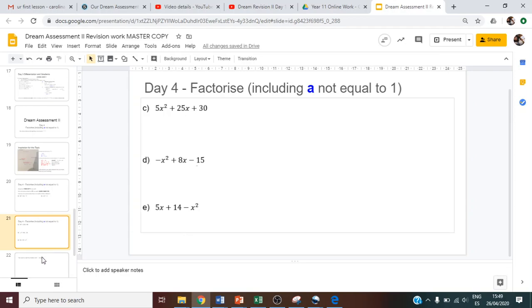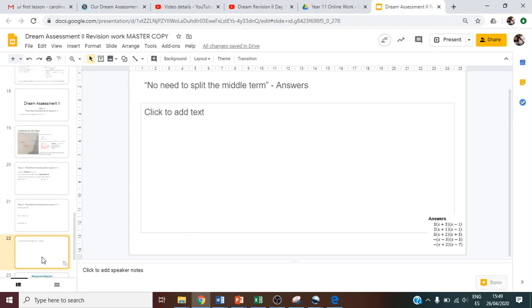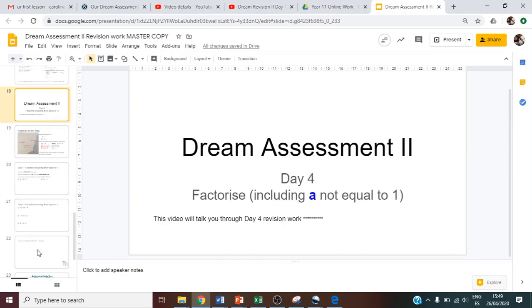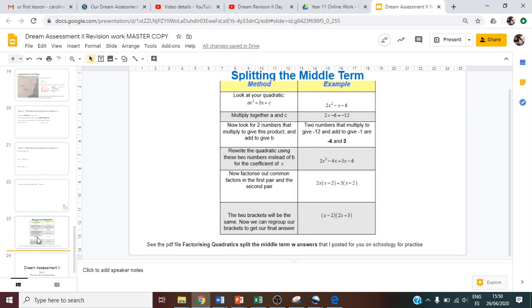Okay, once you've done those, and do them for yourself, you've got the answers down here, but there is no point peeking at the answers before you finish. You don't get any bonus marks, you don't get any bonus knowledge just by writing random answers down. Okay, but once you finish that, also listed in Schoology is another exercise for you to do based on splitting